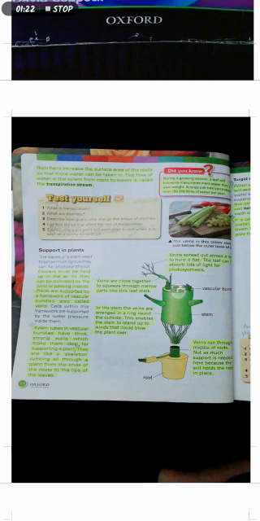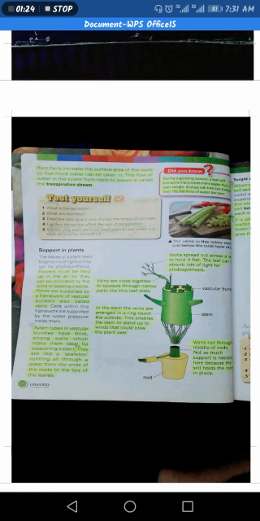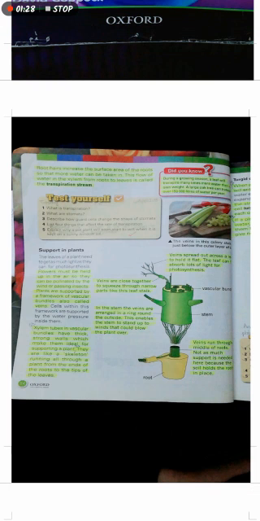Here you can see in this diagram a plant structure: leaf, then leaf stalk, stem, and the roots. Veins spread out across a leaf to hold it flat. When a leaf is flat, it can absorb more sunlight, more energy from the sun. The leaf can then absorb lots of light for the process of photosynthesis.